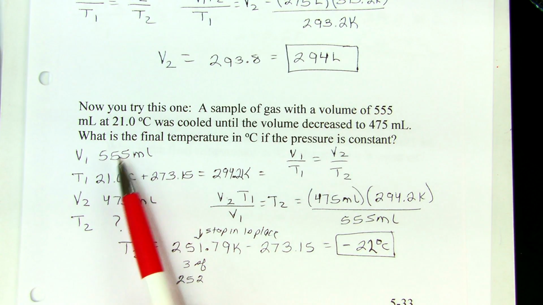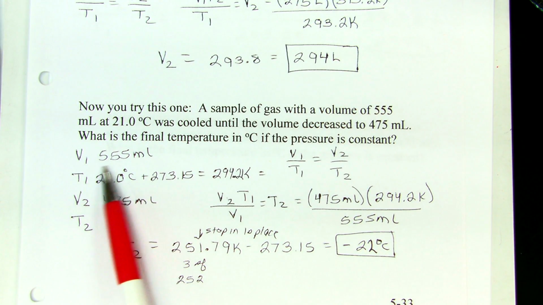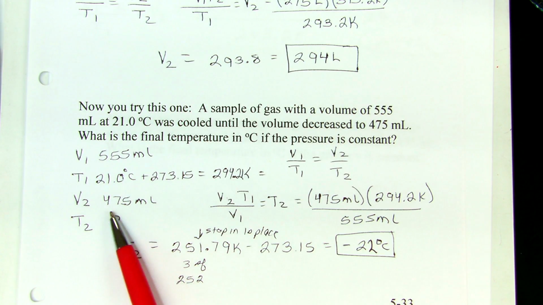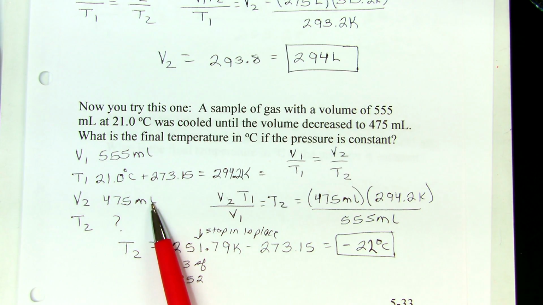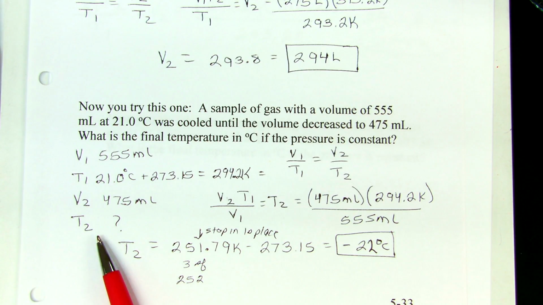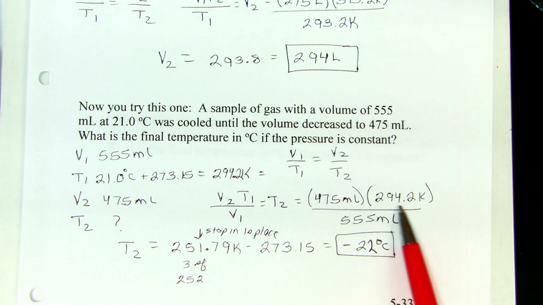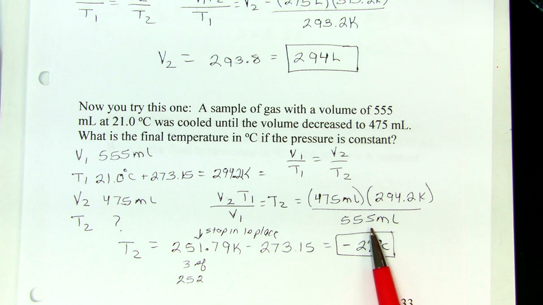So we identify our variables: 555 milliliters for V1, T1 is 294.2 Kelvin, V2 475 milliliters, and T2 is our unknown. So we set this up, we multiply 475 milliliters times 294.2 Kelvin divided by 555, and we get 252 Kelvin. Now to convert this, we subtract